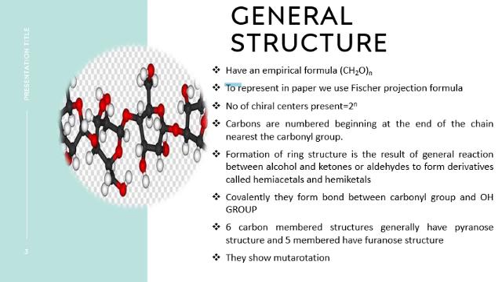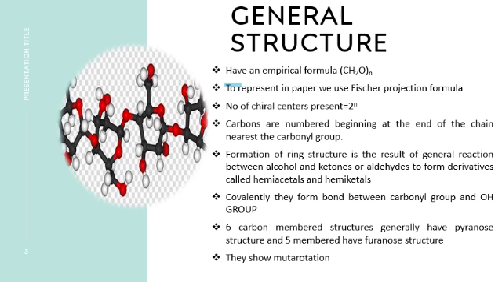The ring structure is formed by a general reaction between the alcohol and either the keto or aldehyde group. If it is the reaction between alcohol and aldehyde, a hemiacetal is formed. If it is the reaction between alcohol and ketone, a hemiketal is formed. Through this reaction, they form a covalent bond, and usually 6 carbon members exhibit pyranose structures in the ring structure, and